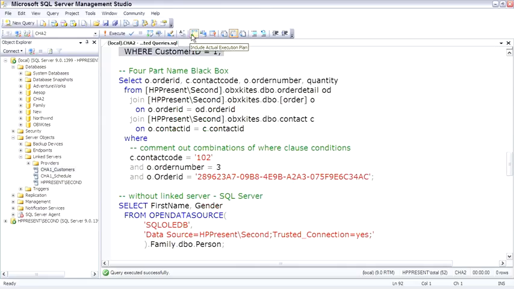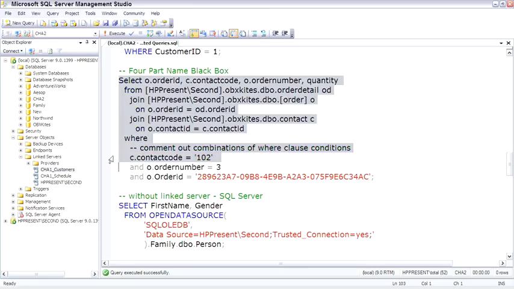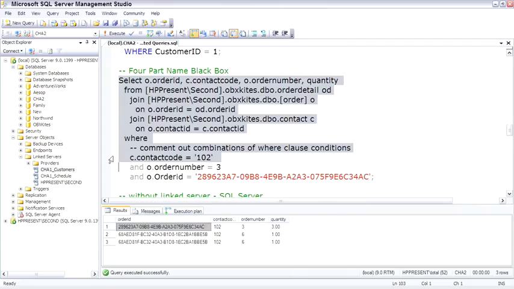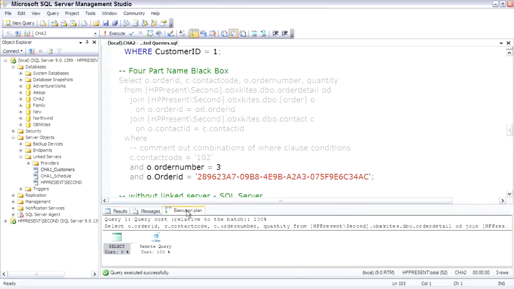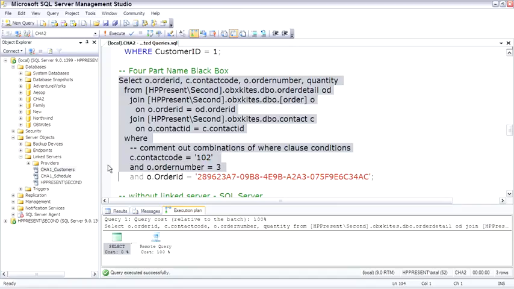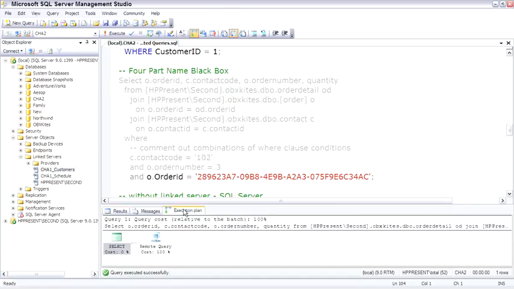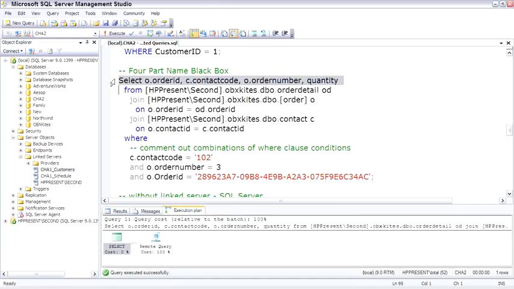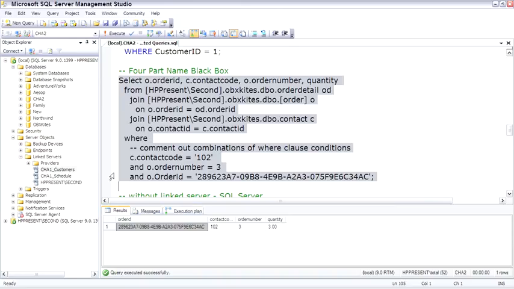and turning on execution plan. If we run just one where clause, looking at the execution plan, it actually passes that over and the query is executed remotely and we just get the answer back. 2 where clauses, it's still a remote query. 3 where clauses,